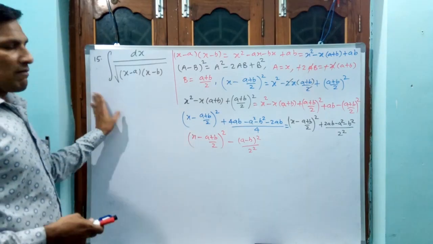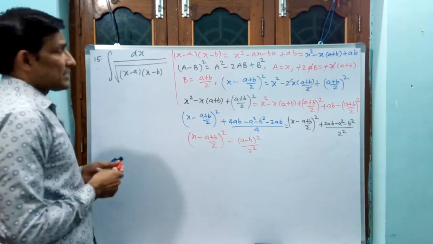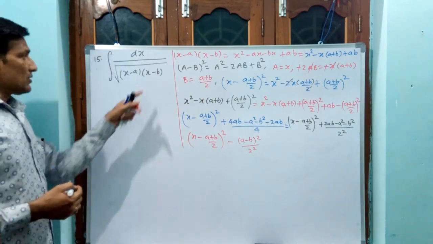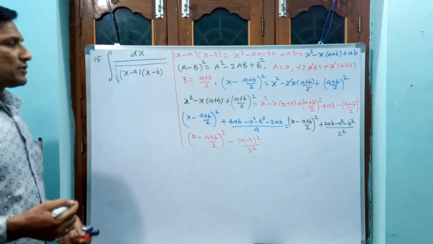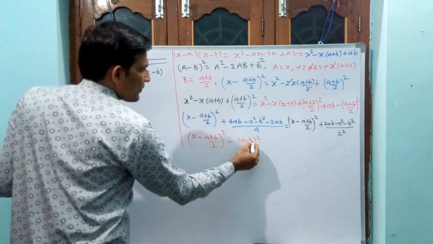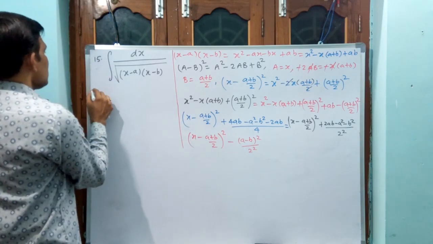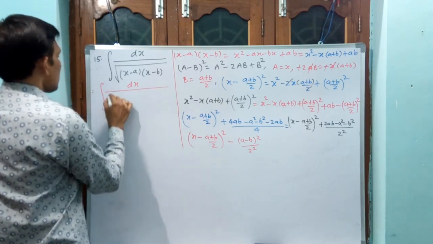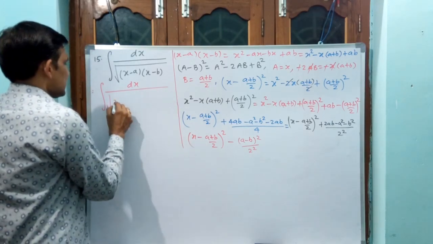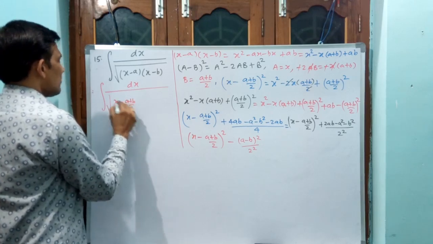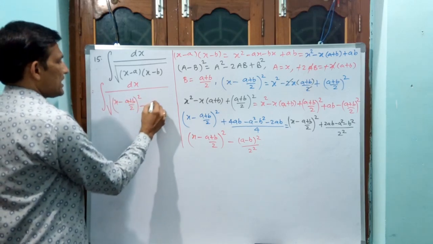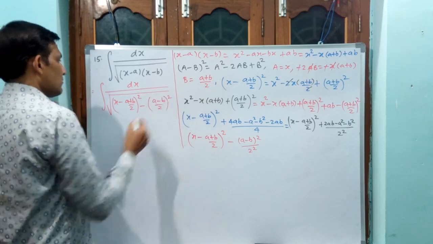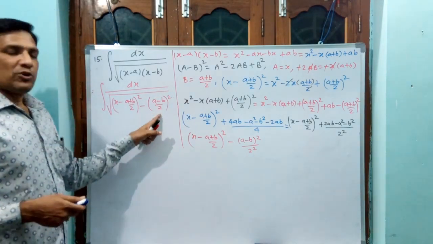Okay. Now you convert here. This much of steps are there because these are not constants. These are not numbers, integers. These are only constant. That is why this much of work we have to do. Okay. Now you convert this, that is equal to integral dx by square root of (x minus (a plus b) by 2) whole square minus ((a minus b) by 2) whole square. Okay. Now you see (a minus b) by 2 will be a constant.